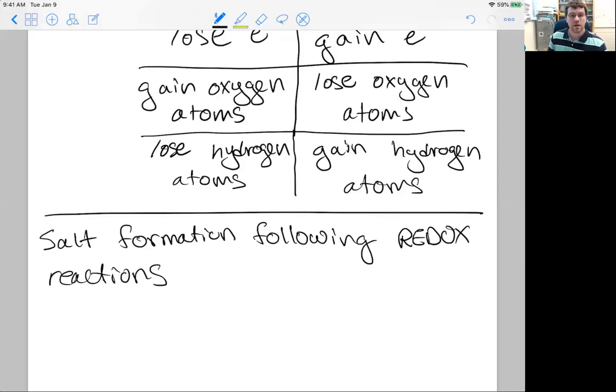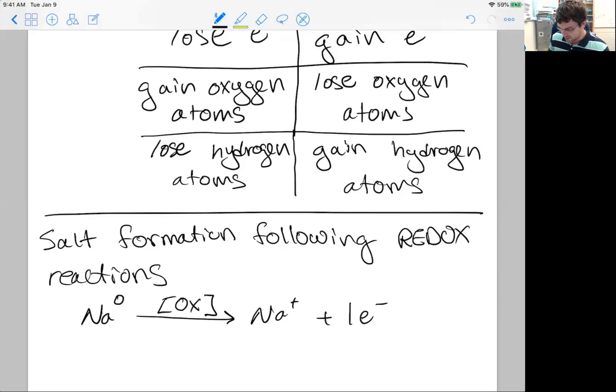Now we said that what we can do is take sodium 0 and let it lose an electron in an oxidation process to give sodium +1. Let's remind ourselves of that. So sodium 0 can undergo an oxidation reaction to make sodium plus. And we balance that reaction by showing 1 electron. And we call that an oxidation reaction. I'm going to abbreviate